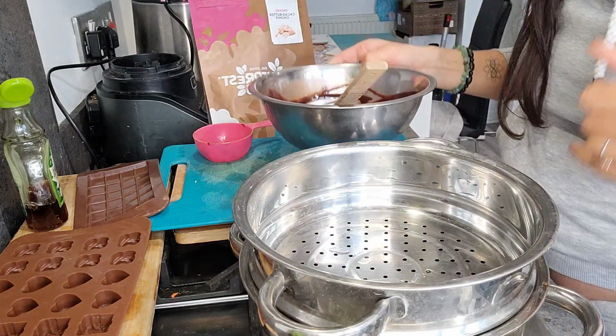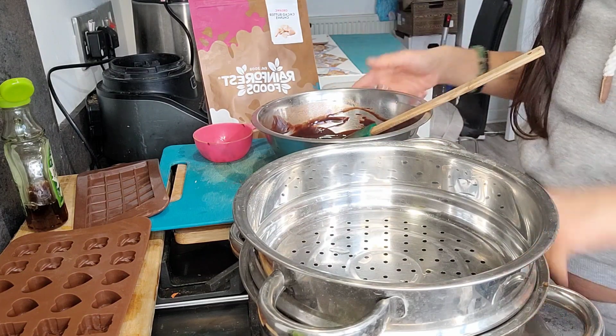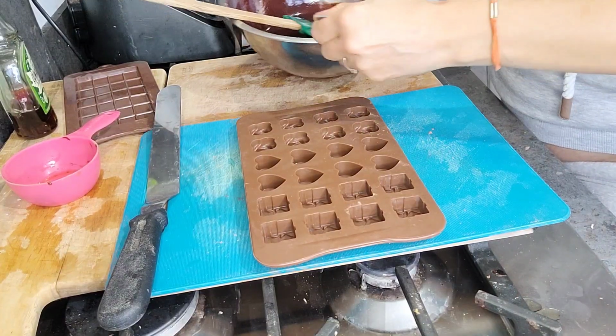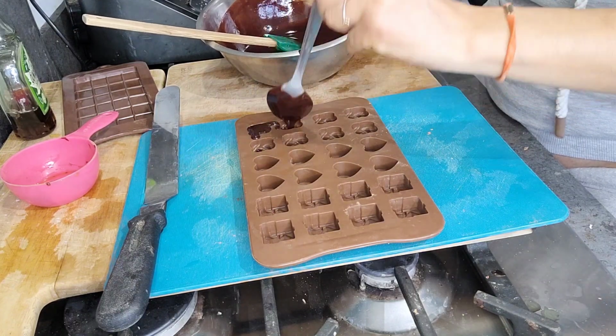Oh yeah, that's perfect. Okay, so that is it. Now we're going to put them in the moulds. Let's just put these in the moulds, and then once these have gone into the moulds,